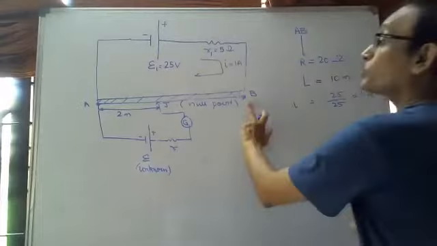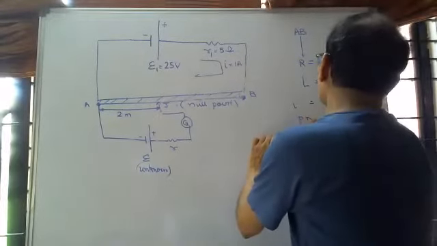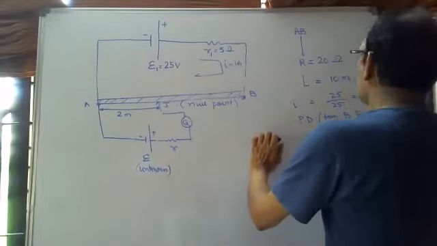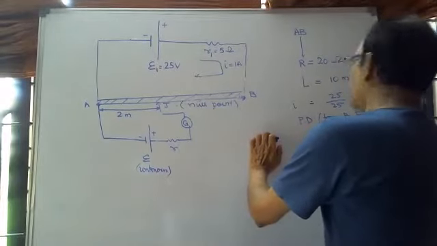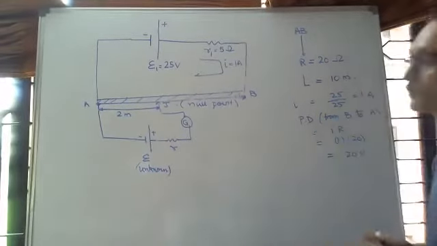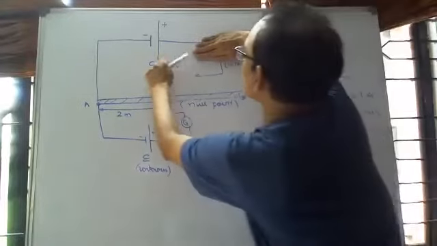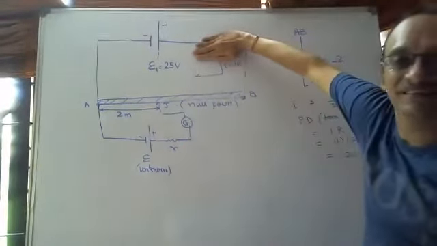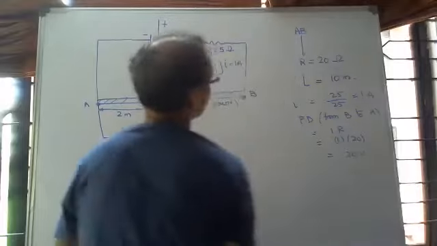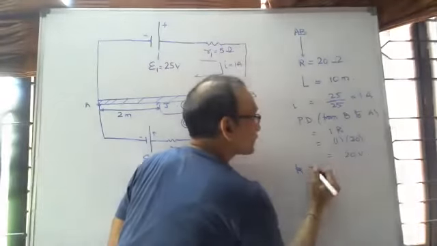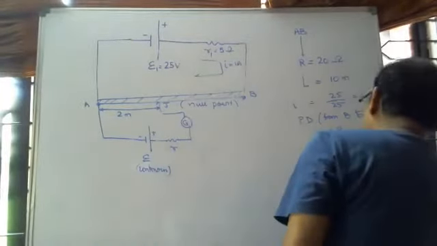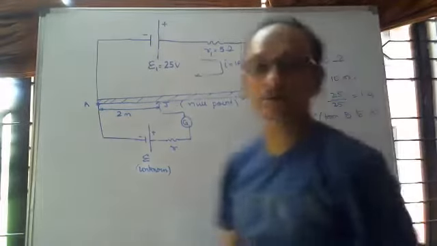1 amp current. अच्छा, from B to A potential drop कितना होगा, I into R होगा, so 1 amp into capital R, 20 ohms है, तो ये 20 volts drop हुआ यहाँ। अगर इंटरनल रेजिस्टेंस जीरो रहता, तो ये 25 volts का पूरा B to A में ड्रॉप करता। so 20 volts is the drop, मतलब what's the potential gradient K, 20 volts divided by the length L, 2 volts per meter is the potential gradient बेटा।